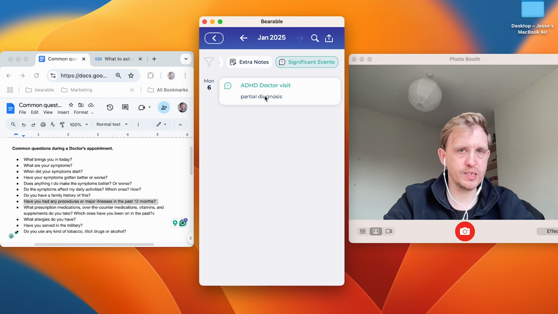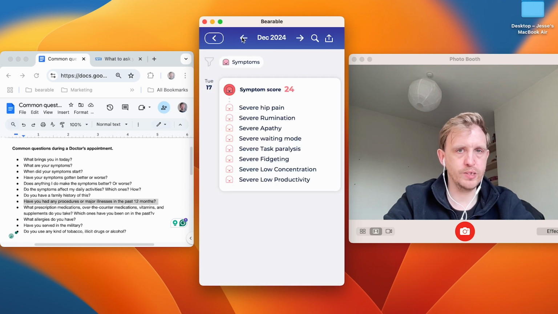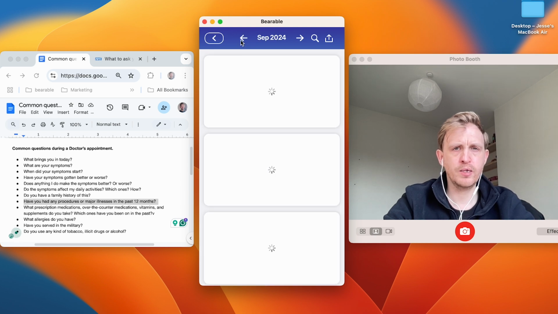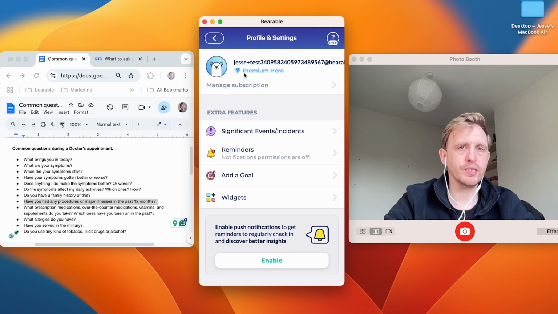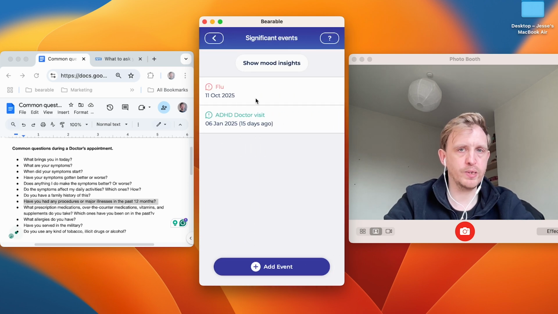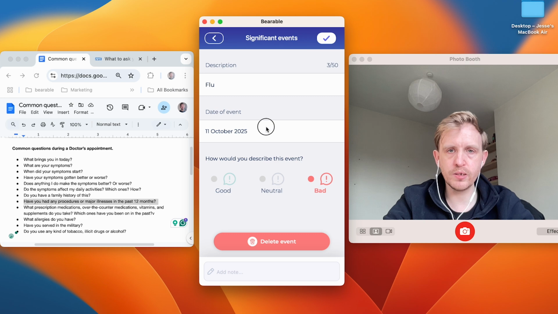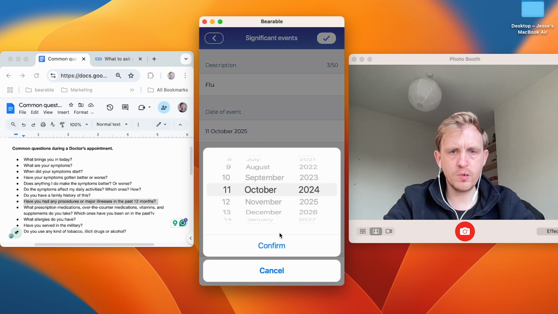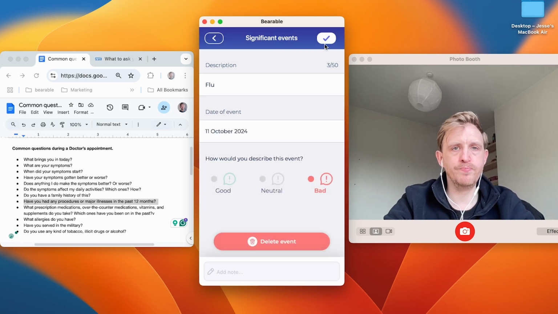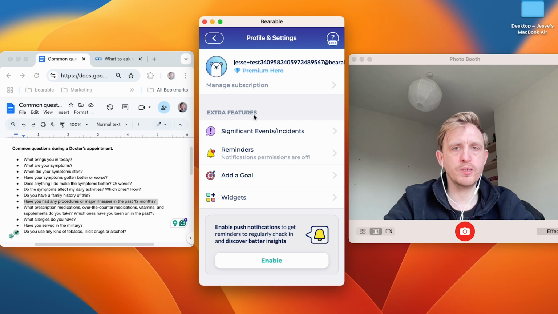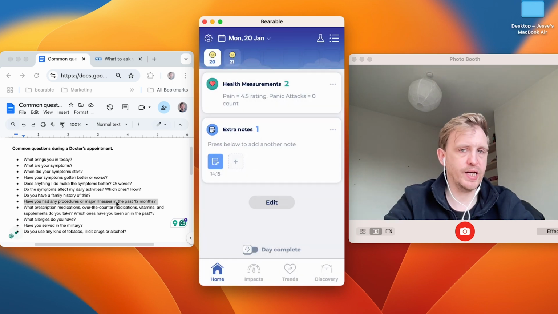So you can just kind of see, in recent months, when did we log it? October. Oh, that doesn't seem to be appearing for some reason. Maybe it's better then to just use this tab to see when these things occur. Oh, it's because I logged it for this year. That's why. There we go. So, yeah, significant events, that's the place to answer this.